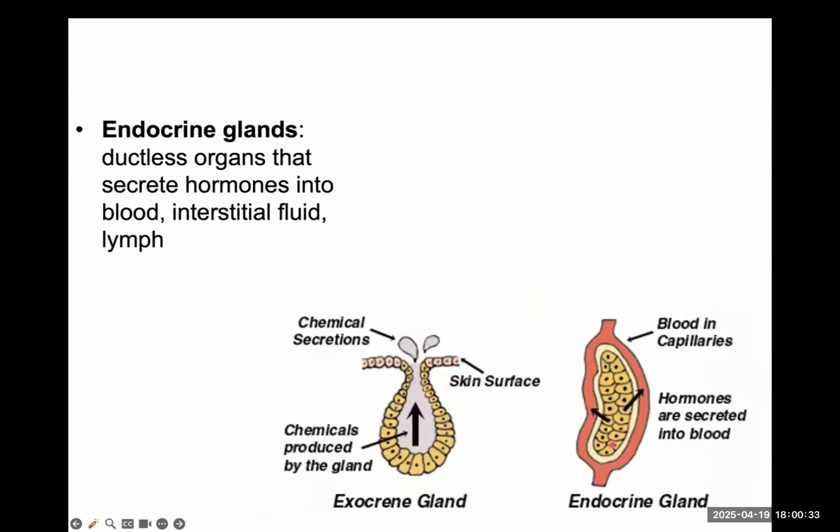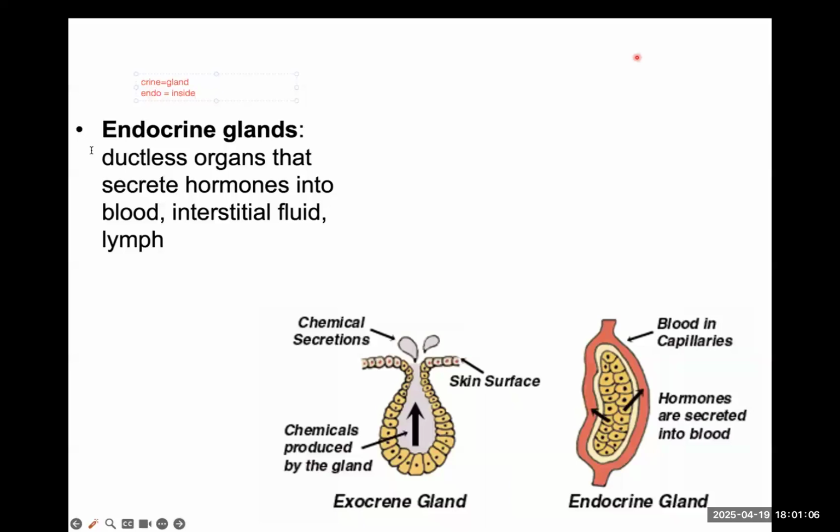So let's take a look at the endocrine glands. If you break this term down, the word crine means gland. And the word endo, you probably already know, means inside or within. I'm just going to say inside here. Okay, so we'll say that these glands over here are the endocrine glands. It's a gland that's going to secrete chemicals to the inside of the body.